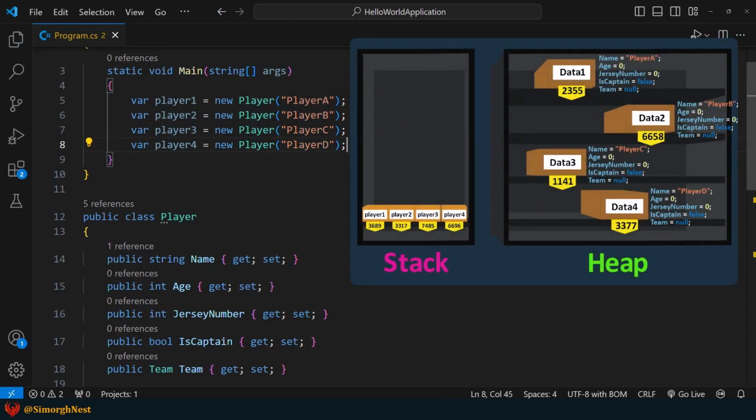Now, behind the scenes, when we create these 4 players, 4 player objects with names are created in the heap, and each of the player variables points to one of them. The constructor sets the name value passed in, but other fields stay at their defaults.